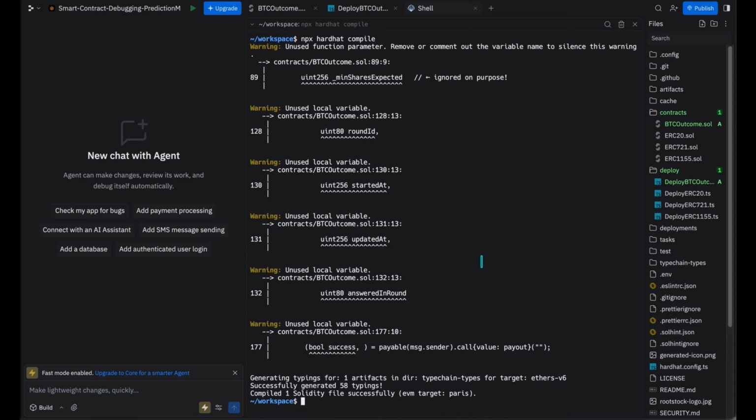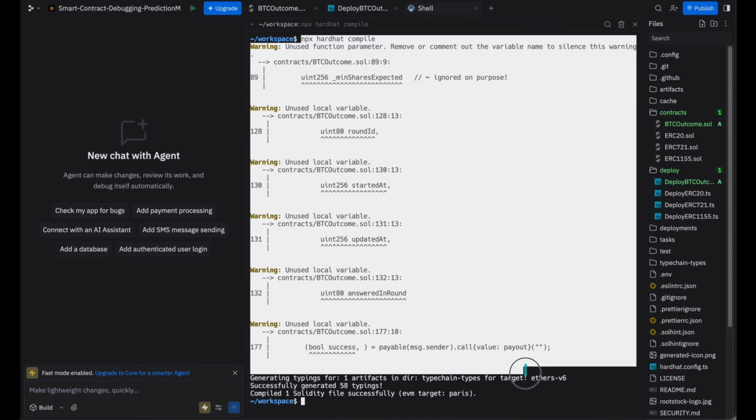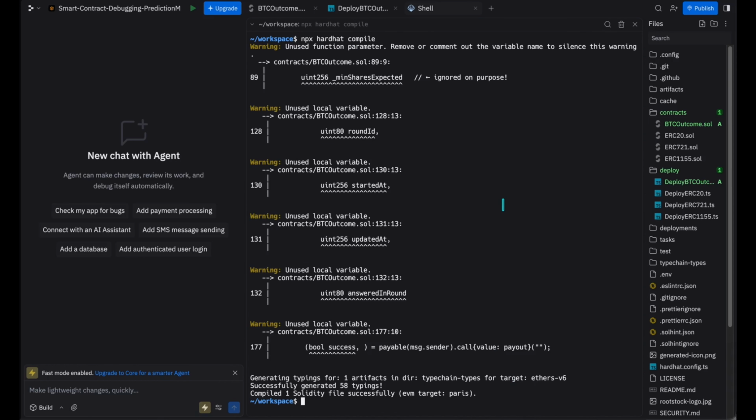Okay. But we do have some comprehensive and critical bugs in our smart contract, which are not going to be showcased by our Solidity compiler on its own. All right. So the next thing which I want you guys to do is we're firstly going to deploy this smart contract. Thereafter we are going to go over the nature of these bugs and test those out. So let's just go ahead and say npx hardhat run. Going over to the deploy folder and running our deploy